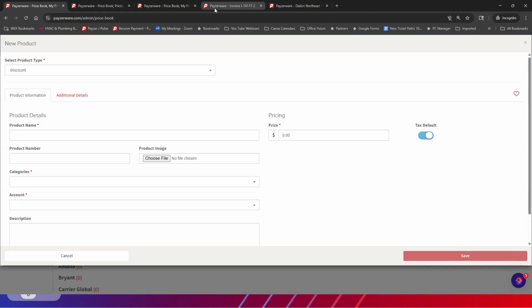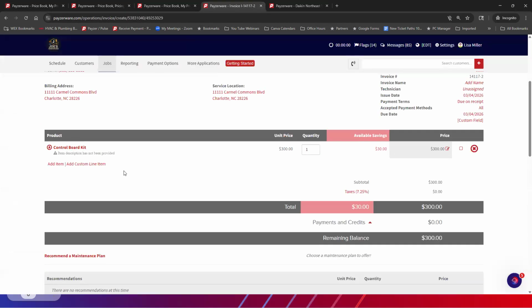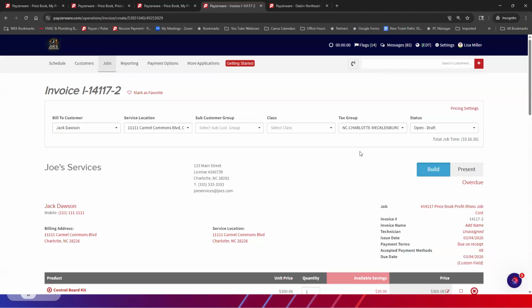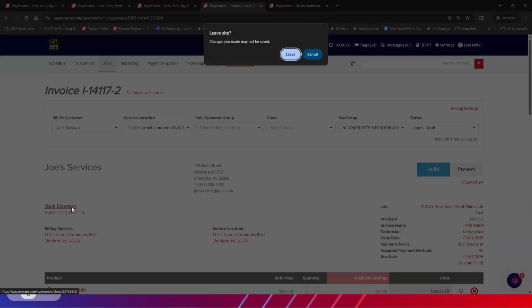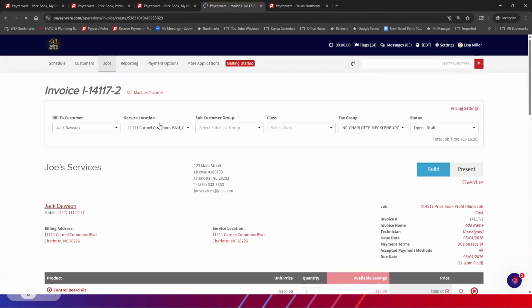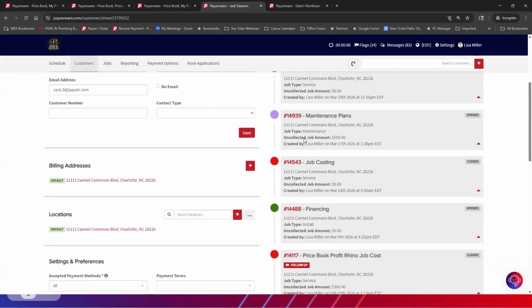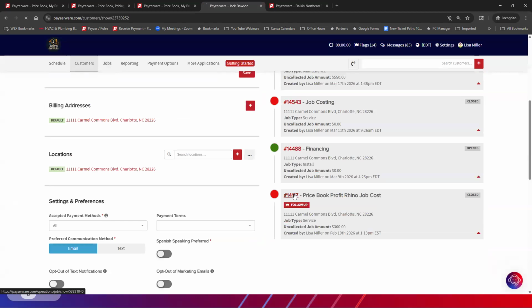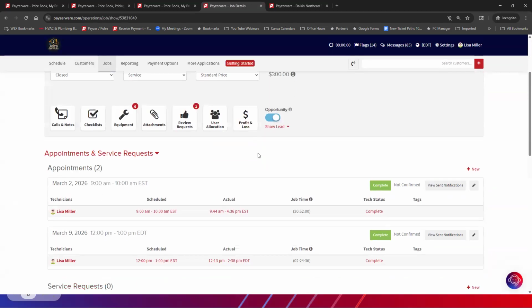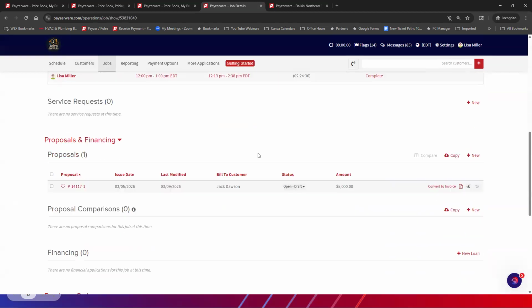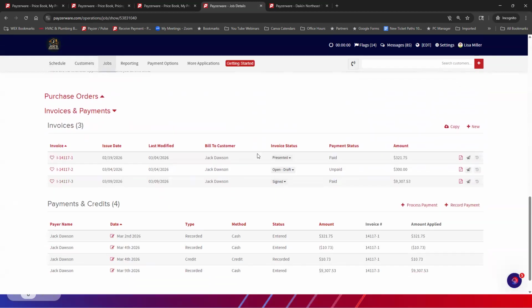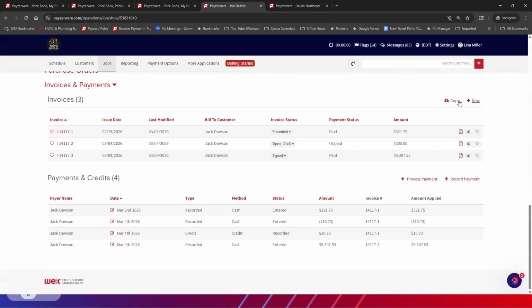Now, I'm going to scoot over to this job and go back over anything red in the system. You can click on it. So if I wanted to go to Jack Dawson, I just click on Jack Dawson, leave my invoice. Okay. Numbers, you can click on red. This is my price book job. So if I came down in here and I created a new invoice,